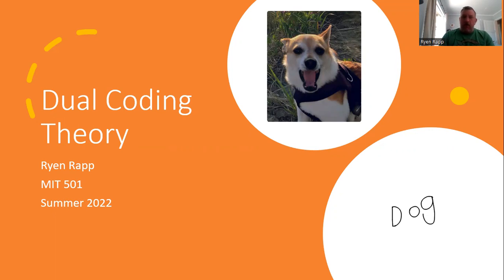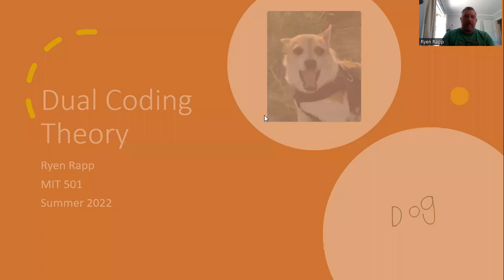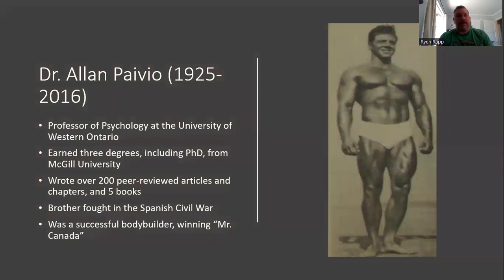So first up, who came up with this theory? Well, this is the theory of Dr. Alan Paivio. Paivio was a professor of psychology at the University of Western Ontario. He earned 3 degrees, including a PhD from McGill University in Canada. During his time in his profession, as you can see, 91 years old, he wrote over 200 peer-reviewed articles and